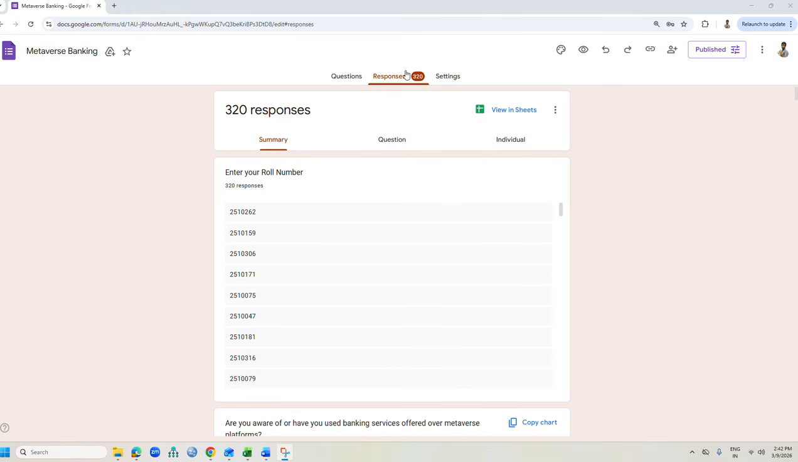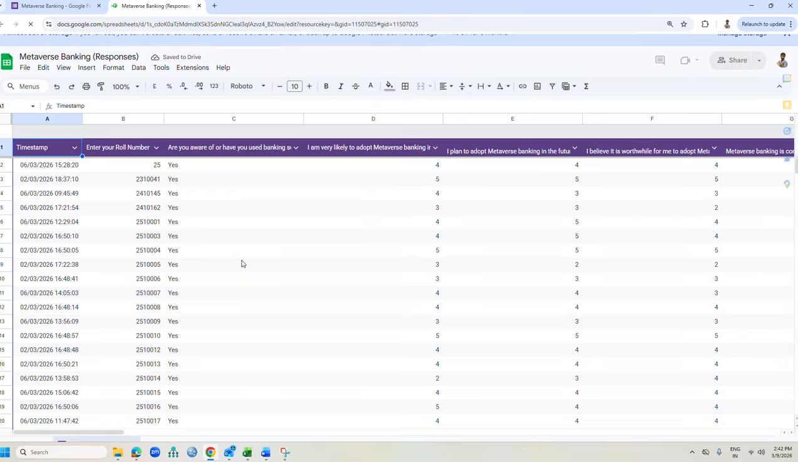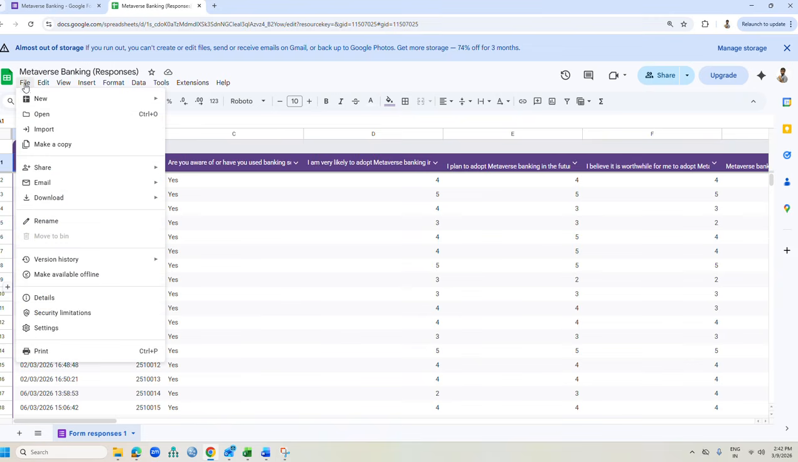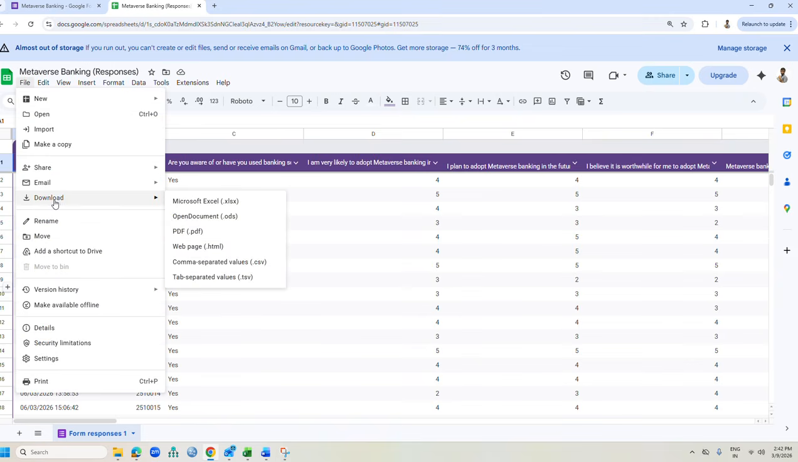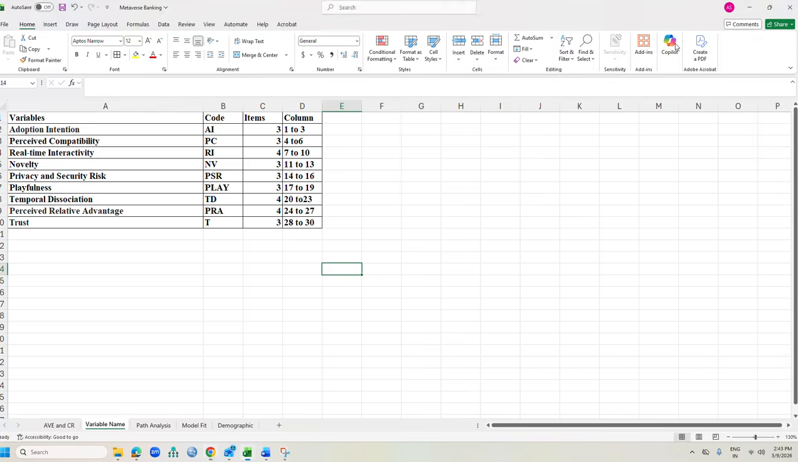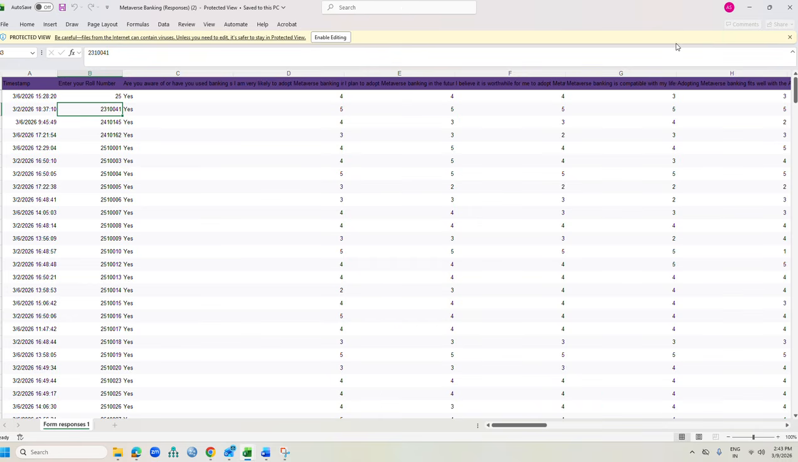You have to go to responses. After that you have to click on view in sheets. The moment you click on this, this type of form will come. Now what you have to do, you have to go to file and there is an option called download. You have to click on download. There is an option called Microsoft Excel. So this data will be saved in Microsoft Excel